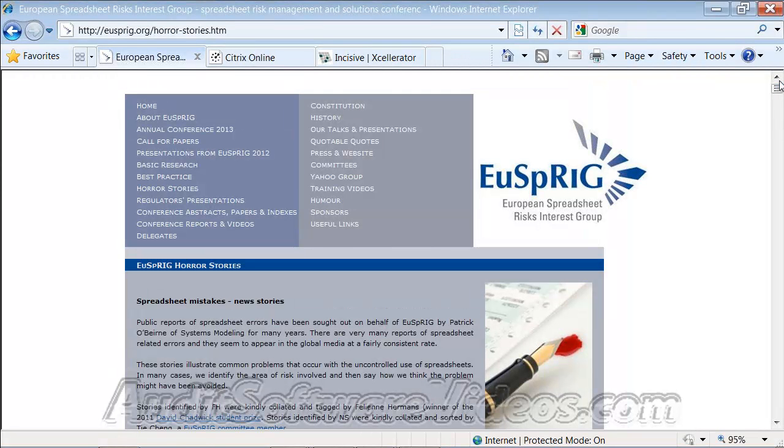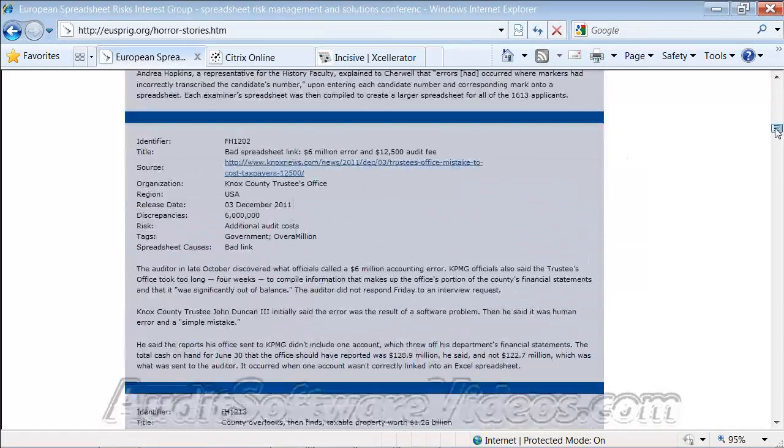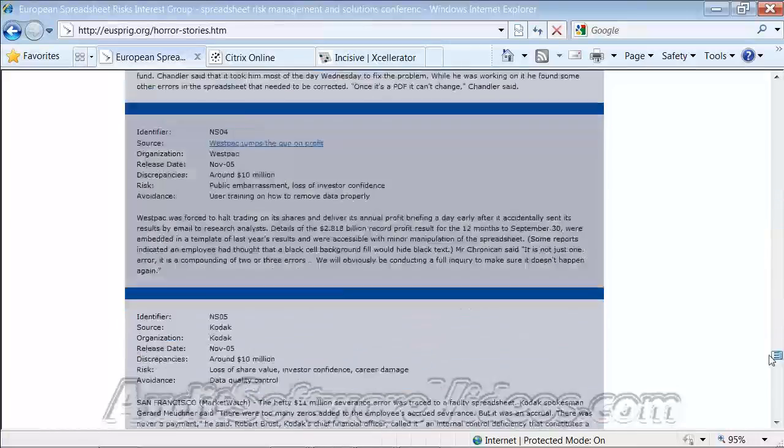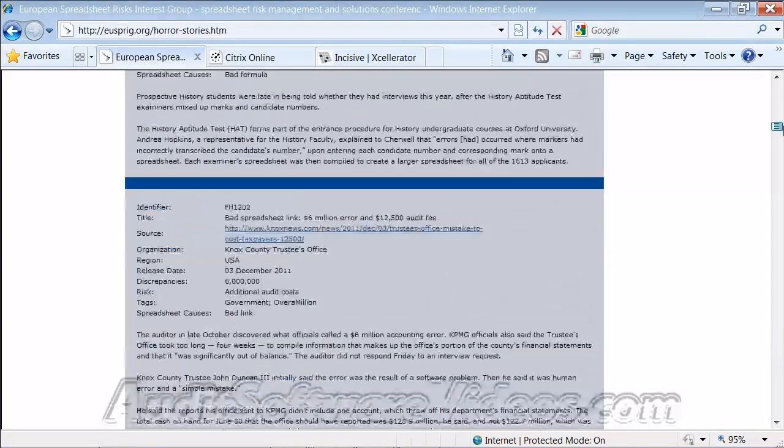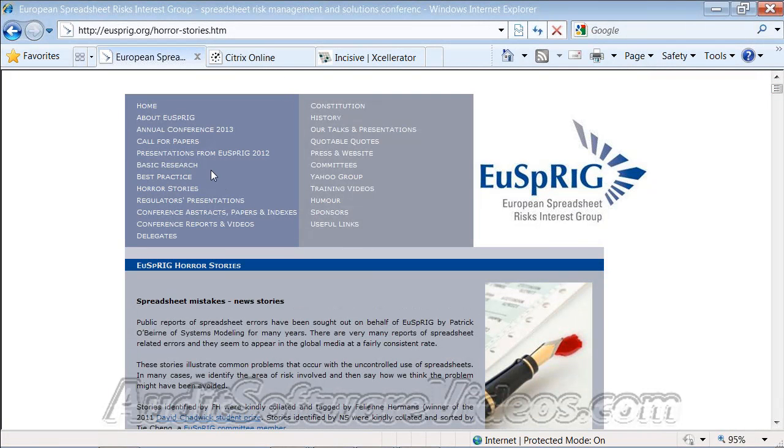It's almost like if you ever had to go to a board or audit committee presentation and talk about why you need to audit Excel spreadsheets, you could probably spend about 10 minutes going through this laundry list of horror stories, find a couple that meet your need, and pick them out and use them. In addition to the horror stories, I've not gone through the full website, but I do know,